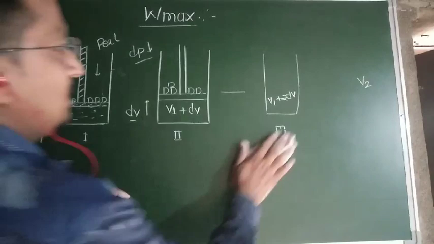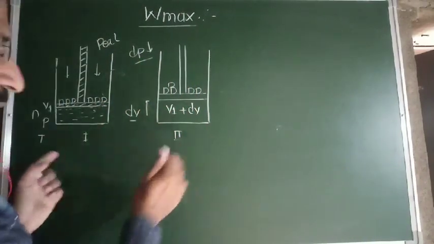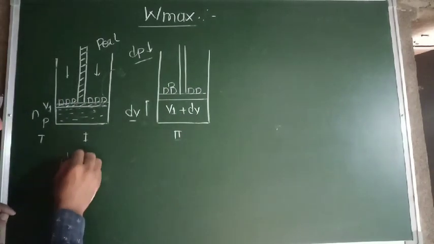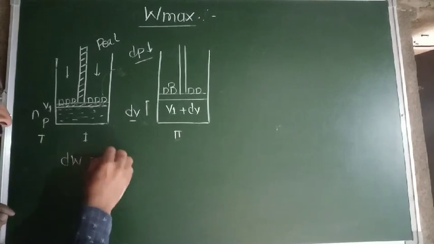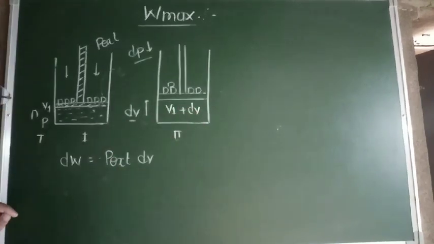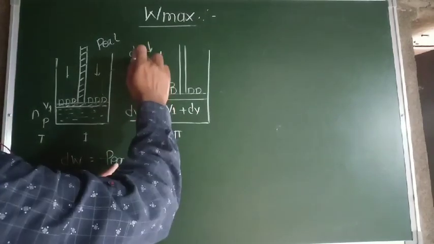मग ह्या केसमध्ये जर आपण पहिल्या दोन केसेसमध्ये होणारं वर्कडन जर काढलं आपण, ह्या एवढ्या दोन केसेसमध्ये होणारं वर्कडन, सो it is a small amount of work that is obtained. So this small amount of work is given by dw is equal to P external into dV, small amount of change in volume dV. But P external, this P external in the sense